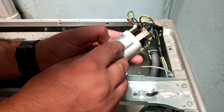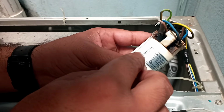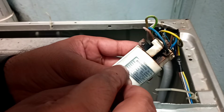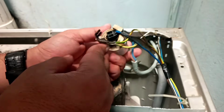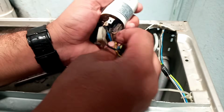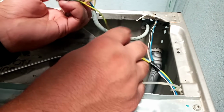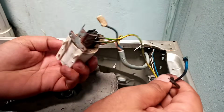This is the EMI filter, and this EMI filter has a 0.47 microfarad capacitor inside, and also two 25 nanofarad capacitors inside. So this is the EMI filter, and here you can see it's very much blackish, and the problem is with this. And here you can see the wire, it's damaged. So I have to replace this EMI filter capacitor with the original one, and